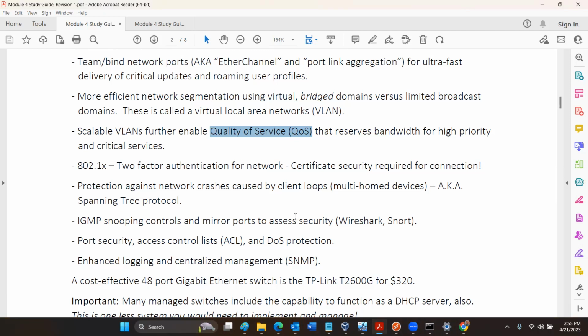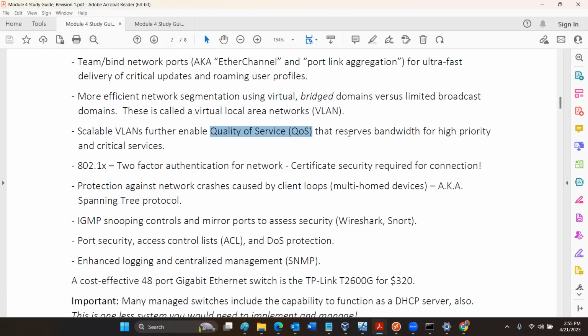Well, in larger enterprises where they have phones connected to the same data network, you'll want that managed capacity so that you can tell the network, okay, when it comes to certain kinds of network traffic, I want my video surveillance cameras to have better quality.